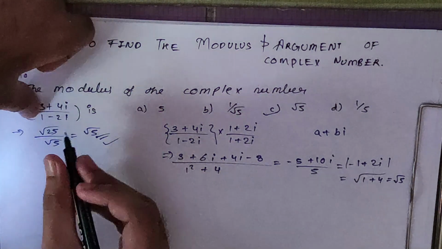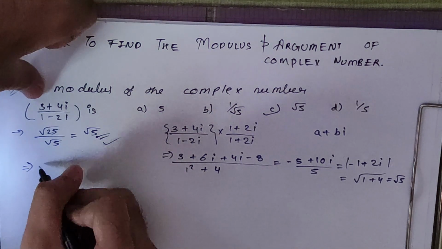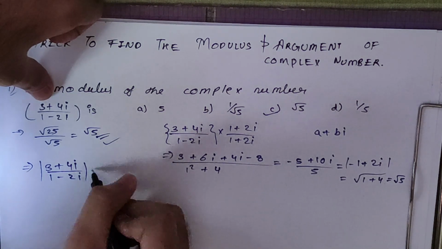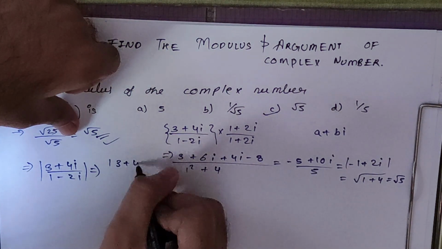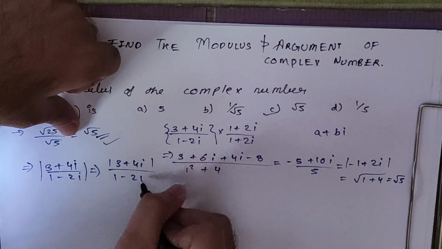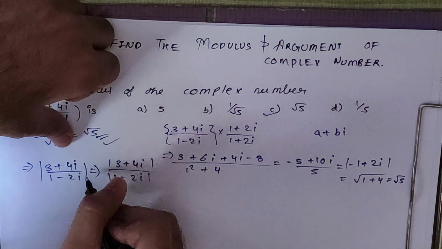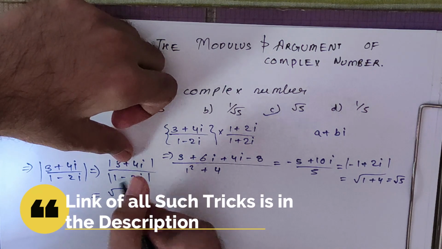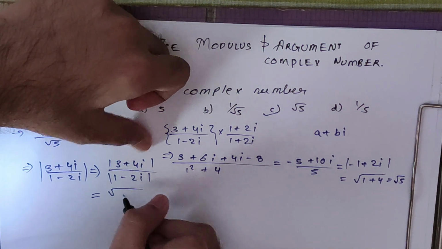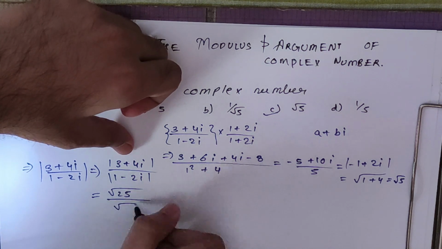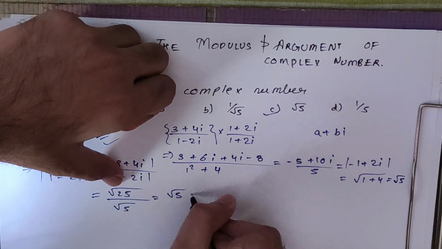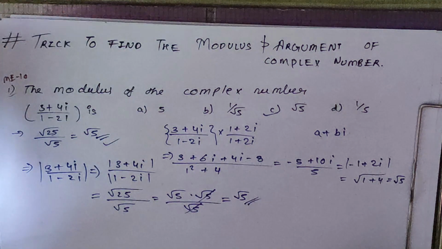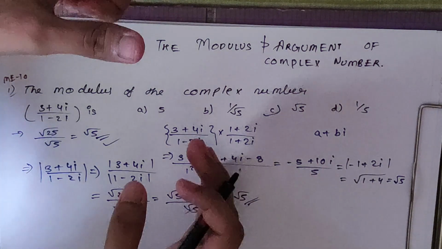So let's see the trick here. The trick is you have to use the property of modulus. We have to find the modulus of (3 plus 4i) upon (1 minus 2i), right? So we can separate this modulus as modulus of 3 plus 4i upon modulus of 1 minus 2i. Now instead of finding the complete modulus, we will find each part's modulus. So we will get the numerator modulus as root of 3 square 9 plus 4 square 16, so basically root 25, which is 5, and for the denominator we will get root 5. We know 5 can be separated as root 5 into root 5, upon root 5. So this root 5 got cancelled and you have your answer root 5. So you can see how easily you can solve this sum by the trick.